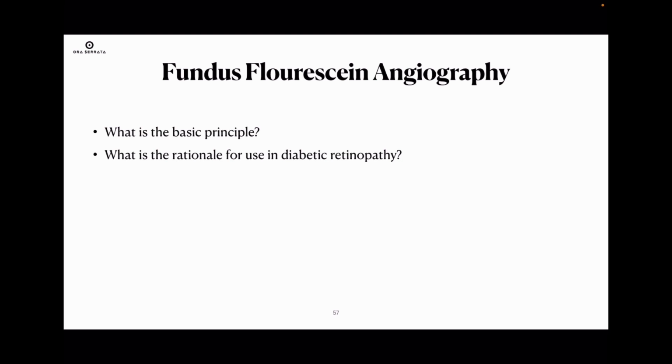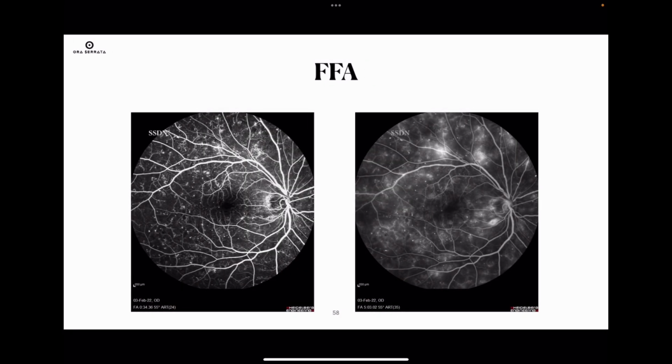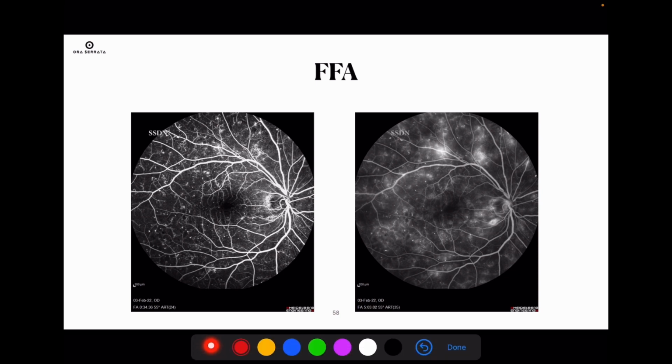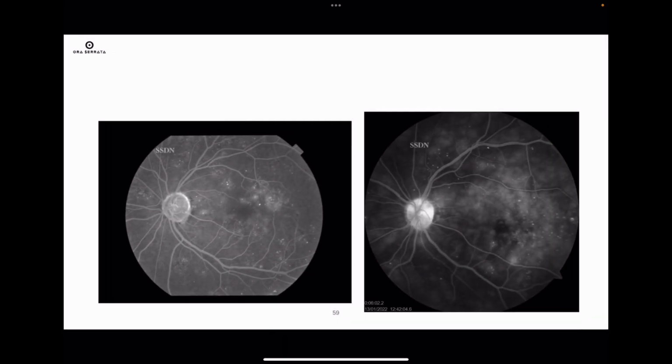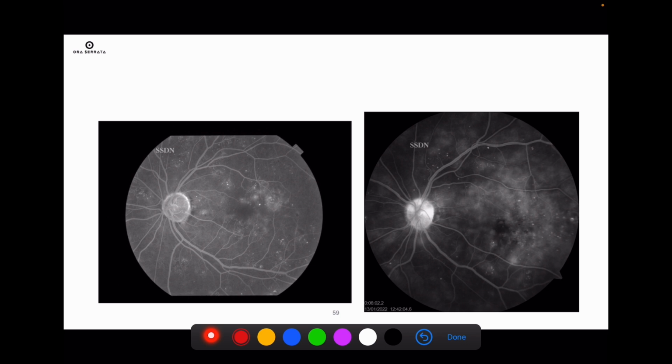Another investigation that we can use for diabetic macular edema and diabetic retinopathy is fundus fluorescein angiography. In fundus fluorescein angiography, in the first image, we can see a lot of hyperfluorescent dots. These are basically microaneurysms. Then we can also see the leakage. Here, diabetic macular edema on FFA can mainly be divided into focal and diffuse leakage, as can be seen in the fundus fluorescein image